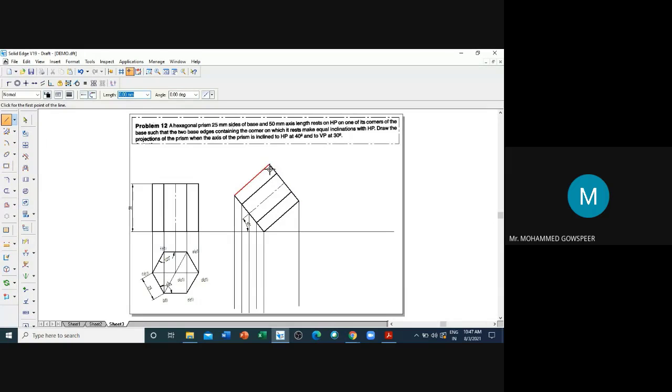Use the line command. Now to identify which lines are visible and which are hidden, the observer is here.